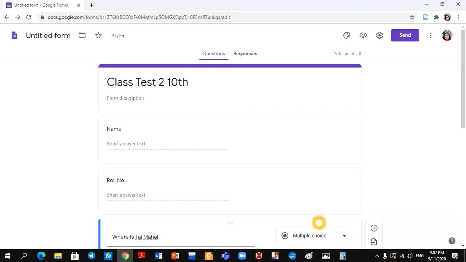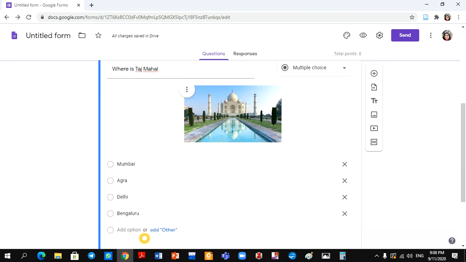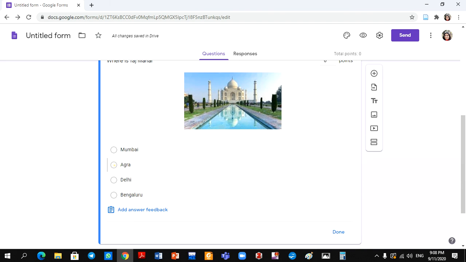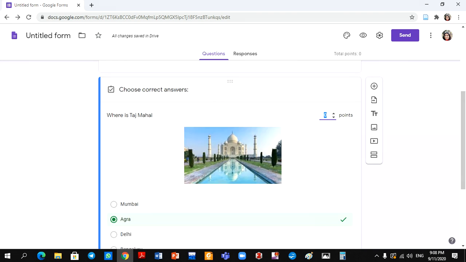So you say save. So the minute you say save, what will happen is you can set the points here. Yeah, answer keys. So in answer keys, when you click on answer keys, you choose the correct answer key. So when you choose the correct answer key, it will show here and then say done. So when your student gives the right answer, the points are automatically calculated there. And in the same option, you can also give points here. Can you see this? So you can give 1 point, 2 points, 5 points, however many you want.